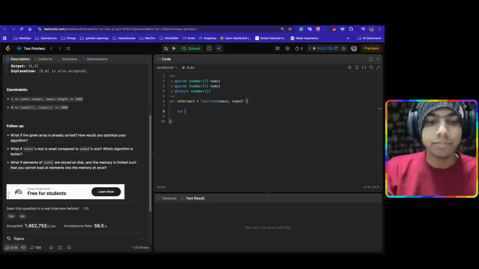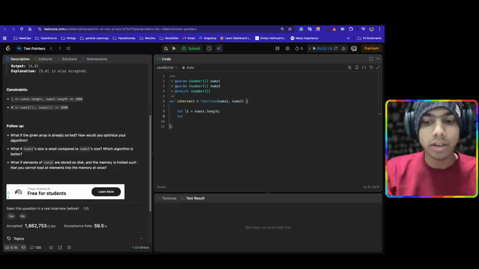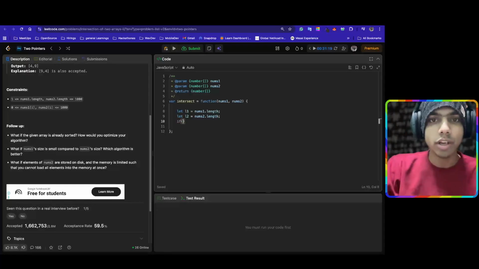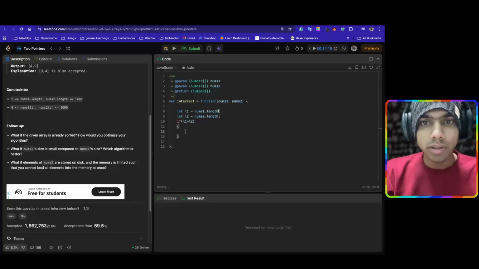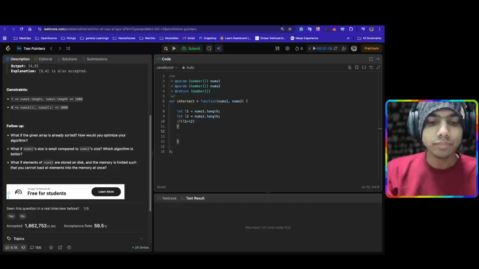Let L1 is equal to nums1.length. Let L2 is equal to nums2.length. And now we'll check if L1 is greater than L2. That means this is the greater one, this is the bigger array. So what we'll do, for